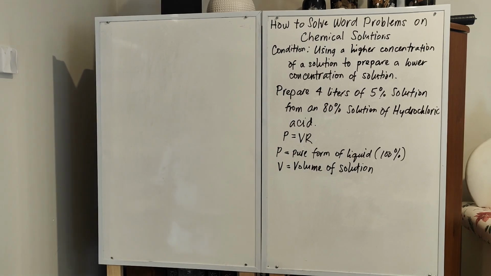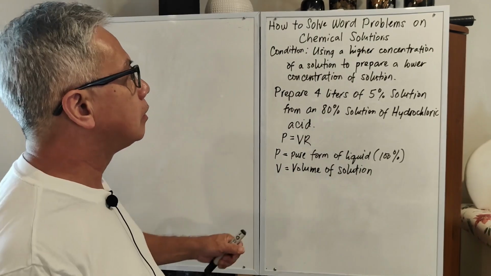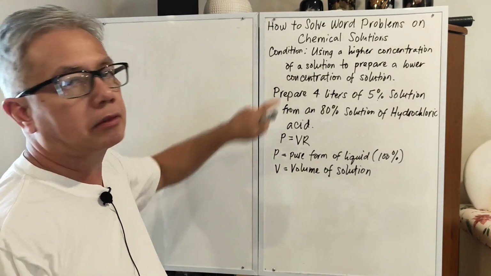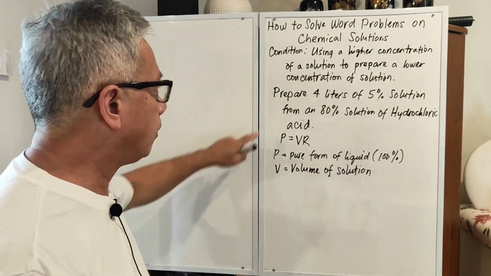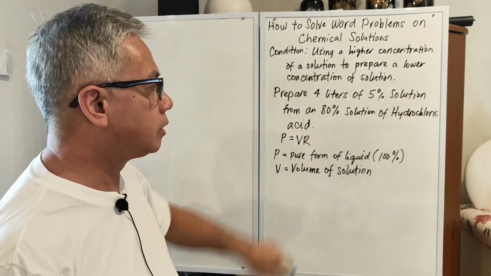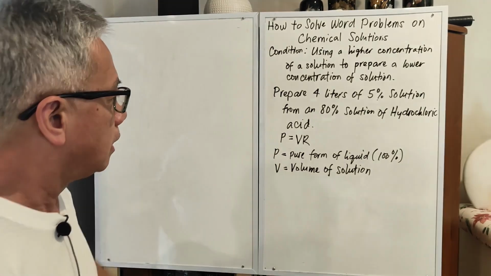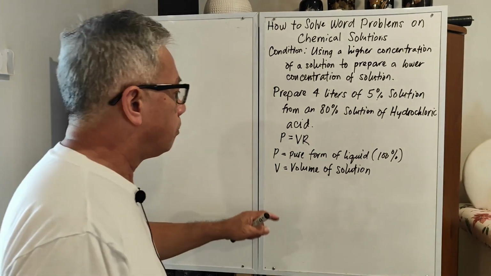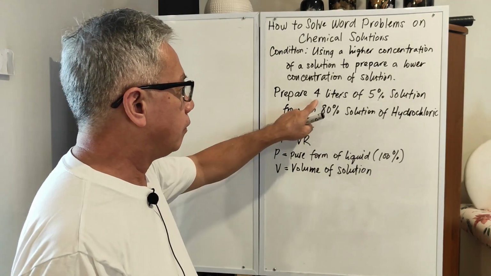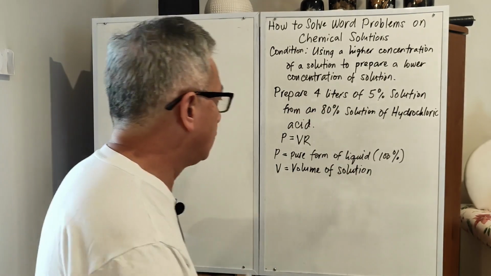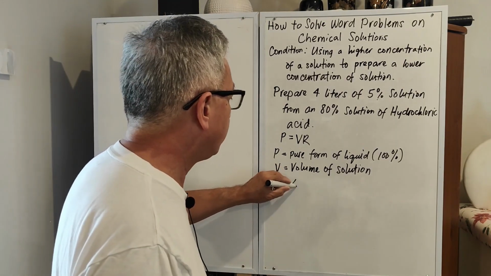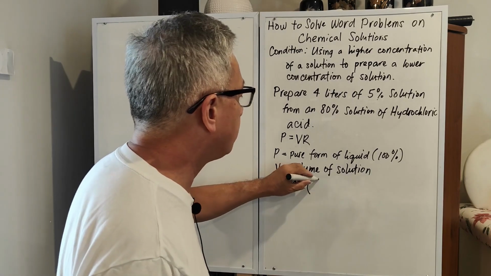How to solve more problems on chemical solutions with the condition of using a higher concentration of a solution to prepare a lower concentration of solution. For example, prepare 4 liters of 5% solution from an 80% solution of hydrochloric acid. First, we need to compute the pure form of hydrochloric acid to make 4 liters of 5% solution. So using this formula, the volume should be 4 liters at 5%